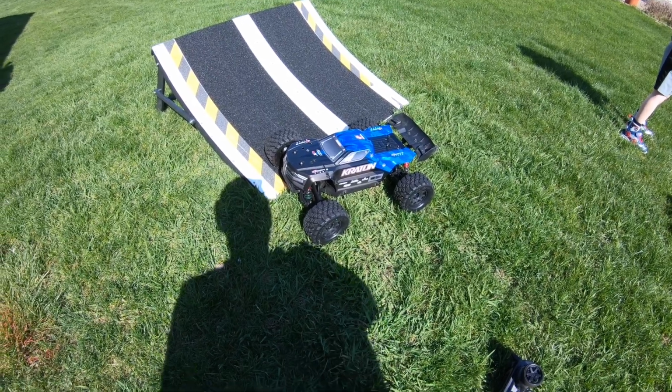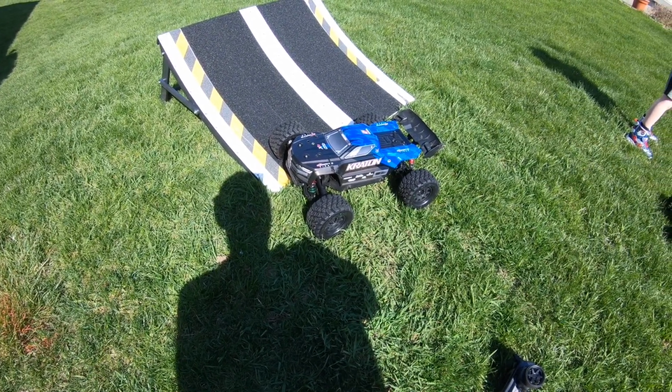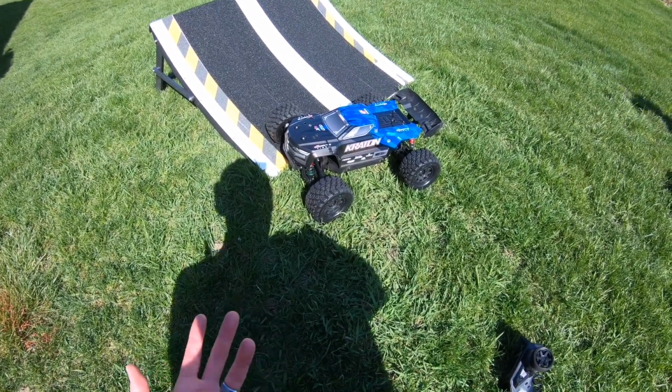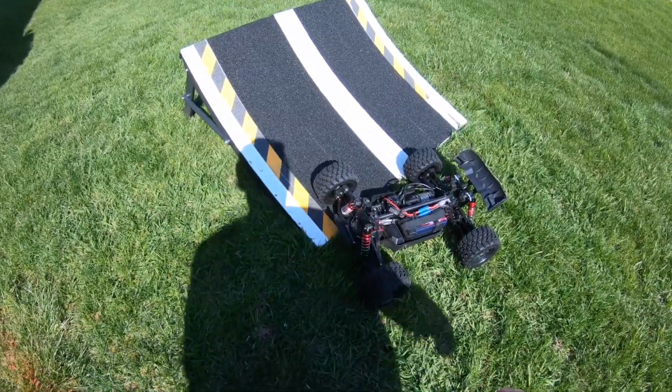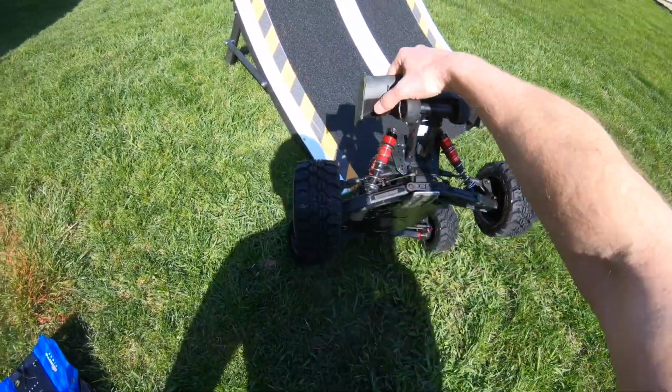I did a community post on this and somebody asked me why I'm calling it a Kraton 4S, because nothing about it is 4S except for the body. I mean, you look at it, you see the body, Kraton 4S, which these bodies are super tough, by the way. So basically, it's an Outcast EXB chassis,